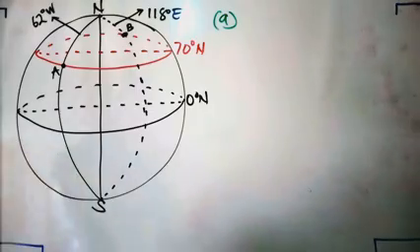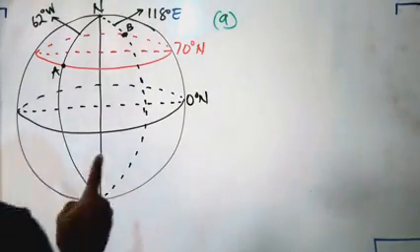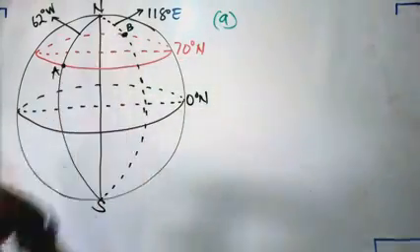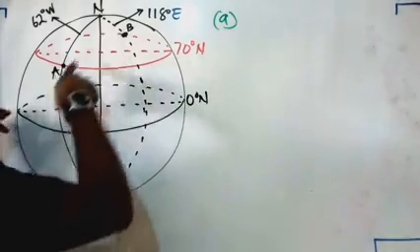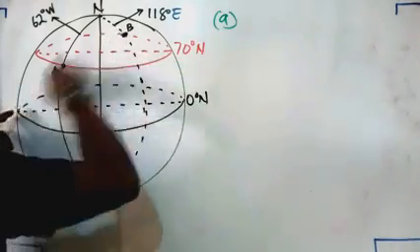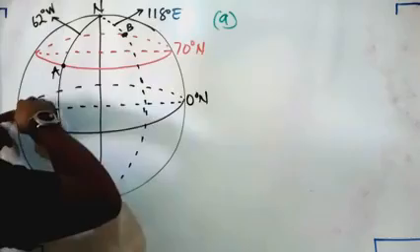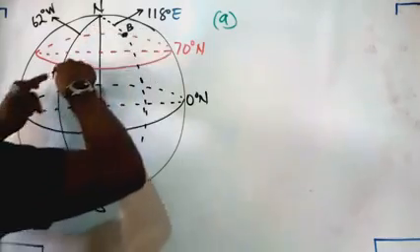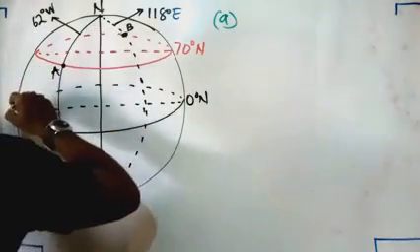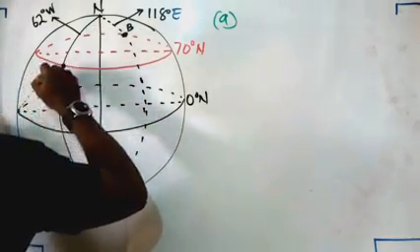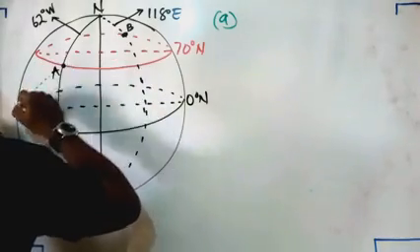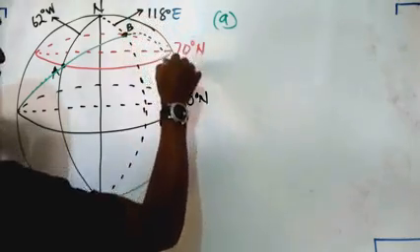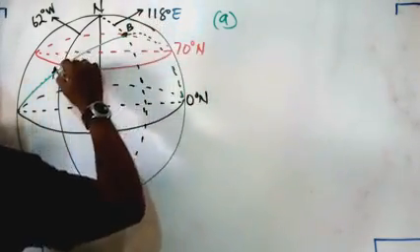So let me show you the meaning of that word, great circle. We want to find the distance between this and this along a great circle. It means I want to connect this to a great circle. You know, great circles are everywhere. So if I draw a great circle from here and it goes like that and it joins somewhere here, I want to find the distance between these. So say there's a great circle somewhere that connects this. Okay, let me even draw it like this. That connects it like that and goes to the back and something like that. So I want to find this distance here